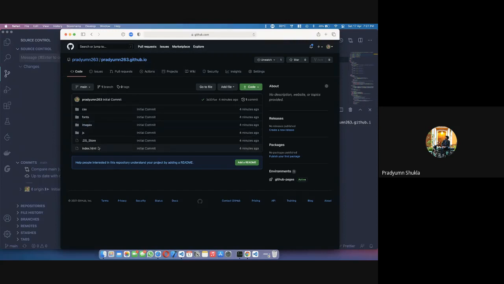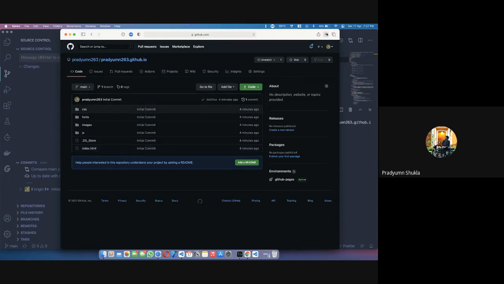So if you have your repository by this name, specifically your username.github.io, you can access this website. The only two restrictions are, first of all, the name. The second restriction is that the web page you want your website to display first should be named index.html.